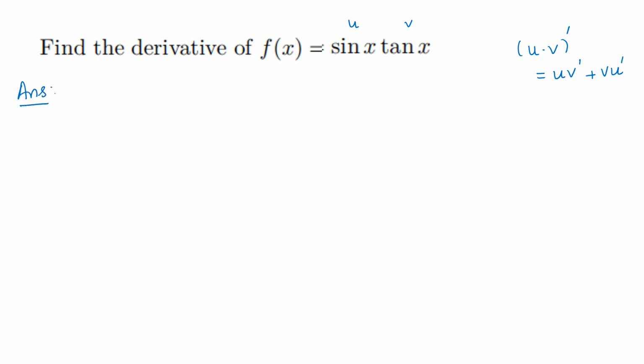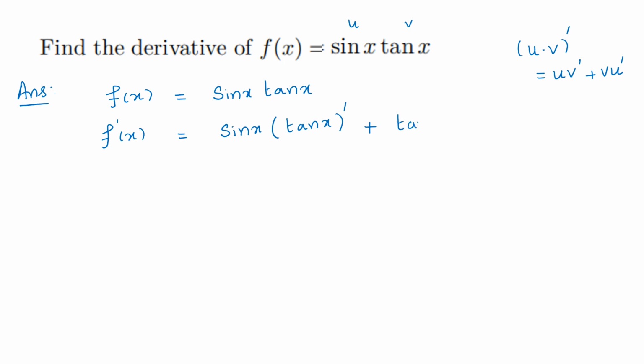So what is the given function? f(x). Always we are starting with the given function. f(x) equal to sin x times tan x. What is the derivative of f(x)? It is f dash of x equal to keep sin x times tan x derivative. One function you can keep, another function derivative. Then plus another function we can keep, tan x, the first function derivative, sin x derivative,